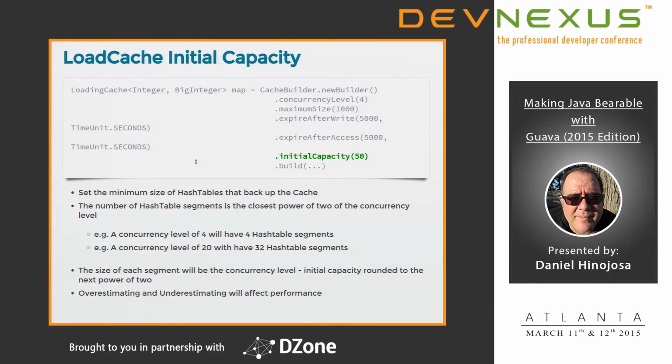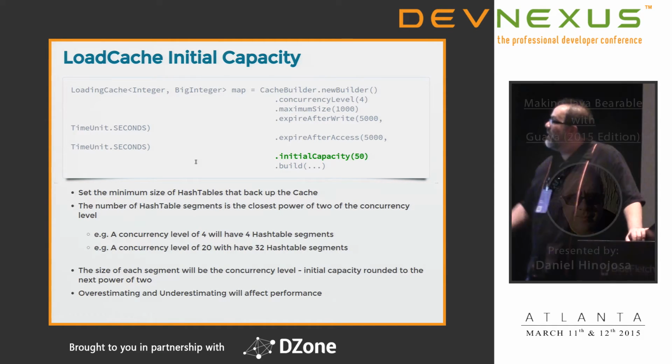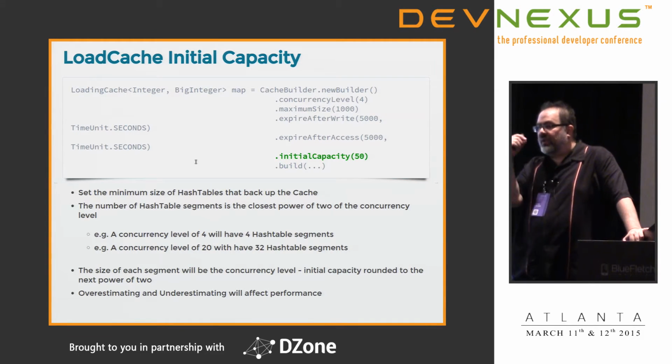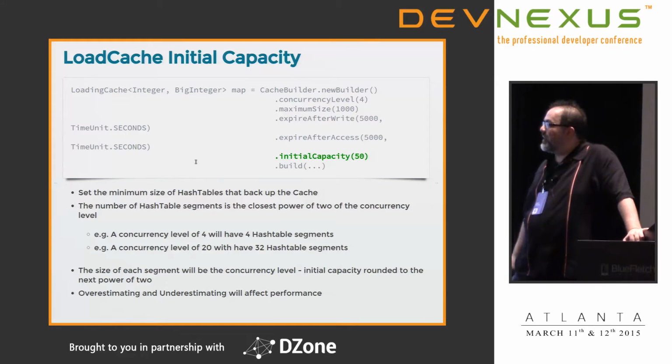Provide an initial capacity. Here's the formula here. I'm going to provide a copy of the slides just so you have this for reference. I was really curious about this, so this isn't even in the documentation. I had to really dig into the API to figure this out. So again, it sets a minimum size of hash tables that back up the cache. This is why that initial capacity is important. This cache on the back end has a bunch of tiny little tables that